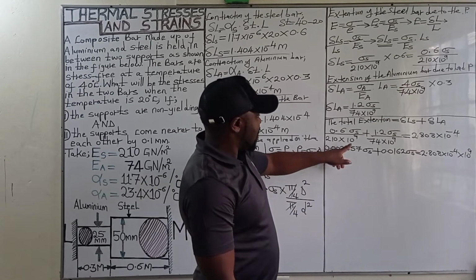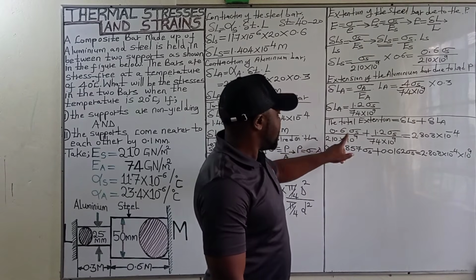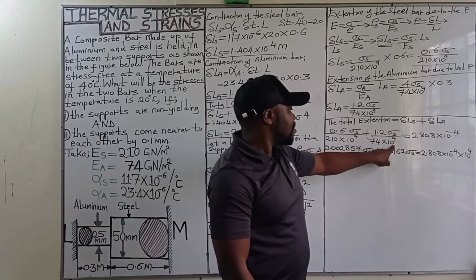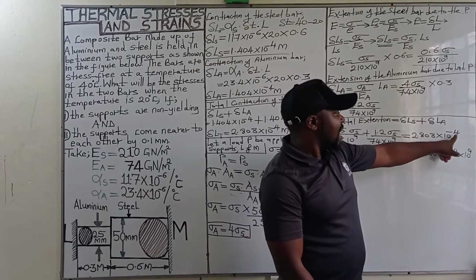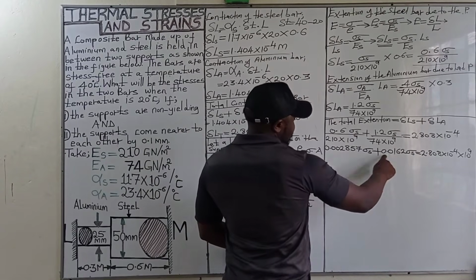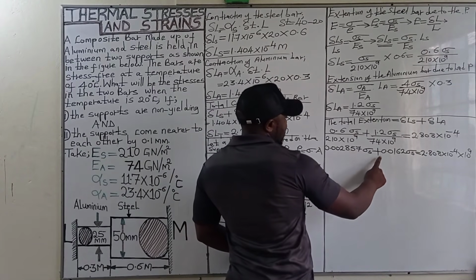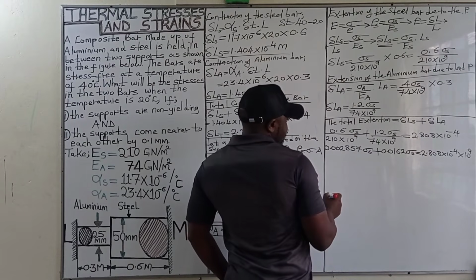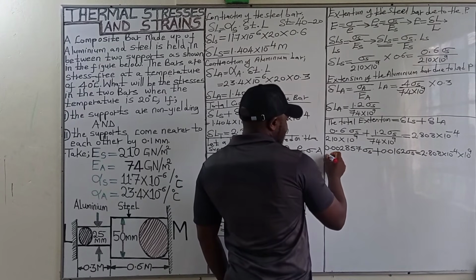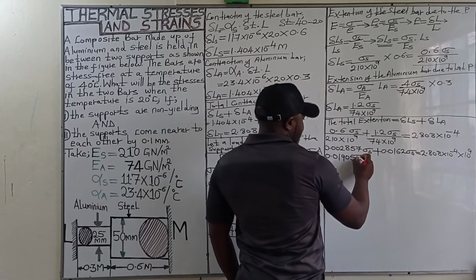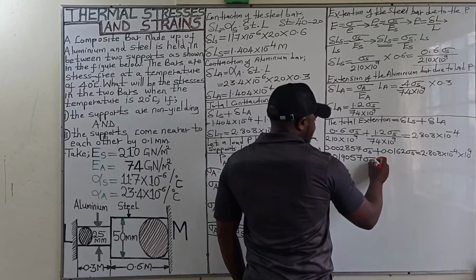Remember, you have removed this 10 raised to the power of 9 by multiplying everything by it. So here it's going to cancel out. It's going to cancel out at this point, but at this point we are going to have it there. So when we add this, 0.002857 plus 0.0162, we are going to get 0.019057 stress in steel being equal to